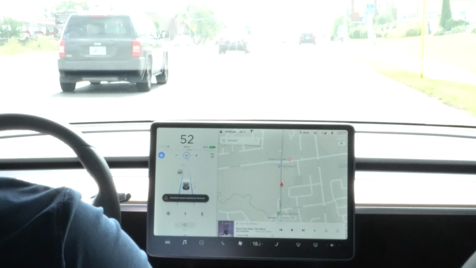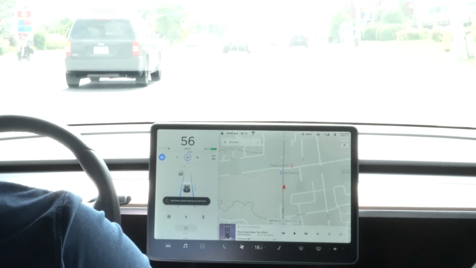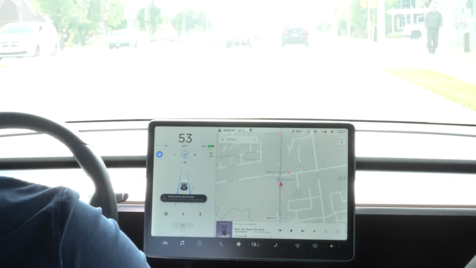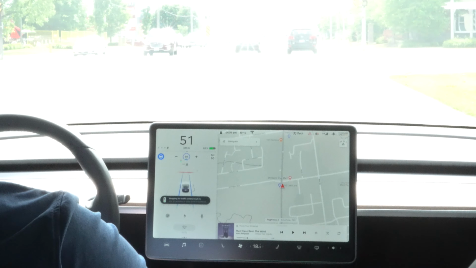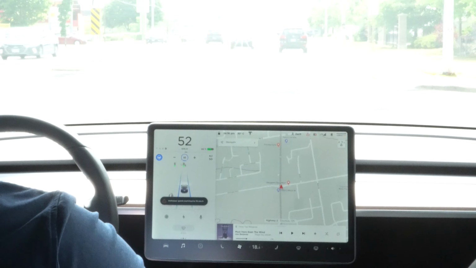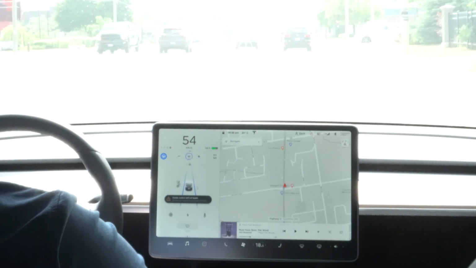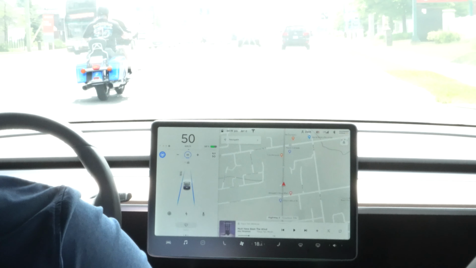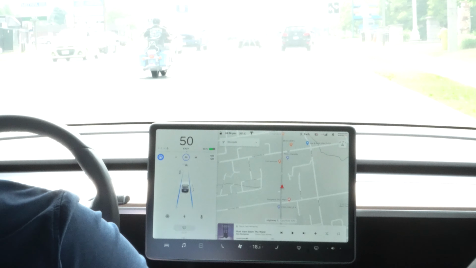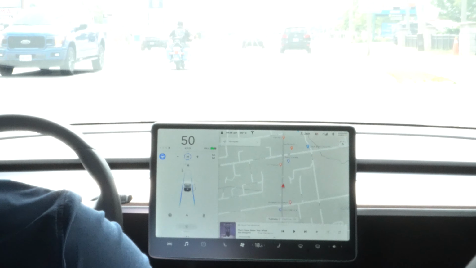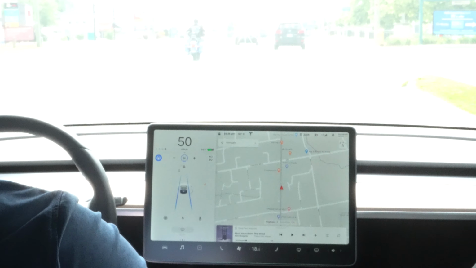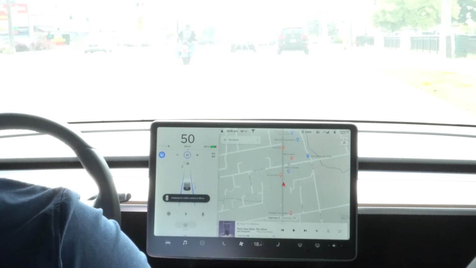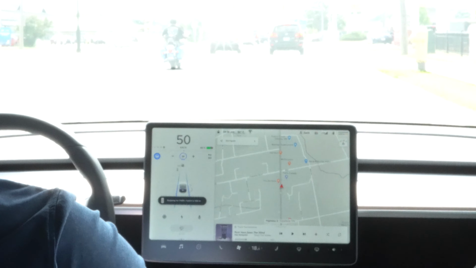So from time to time, when you're in the autopilot and cruise control features, you can go ahead and put your foot on the gas to force it to go over the current speed limit, because like I said, that's one of the downsides and pain points of this new firmware version, that you can't go over the speed limit. But I think that's going to be a common thing. I don't think self-driving cars are going to break the law. I think they're designed to drive the speed limit and follow the rules,